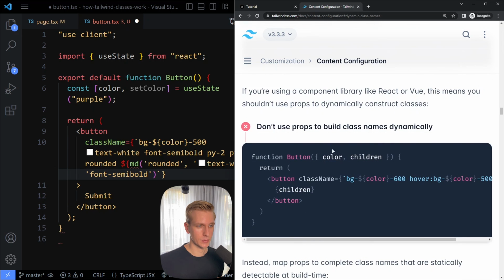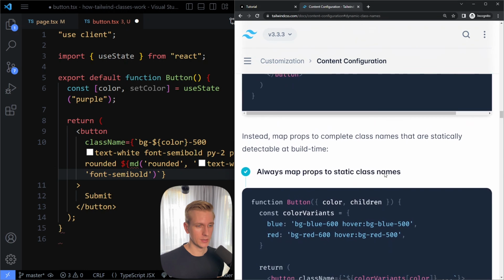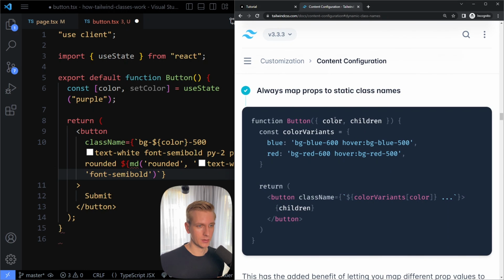Another common example is with props. So if you get a color for the button, you may want to use it like what we've done in the example here, like this. Well, we've seen that doesn't work. So they actually give a good tip here. You can still have color, but you should have a map. So here, for example, we call color variant with that color, and this actually will give us these complete class